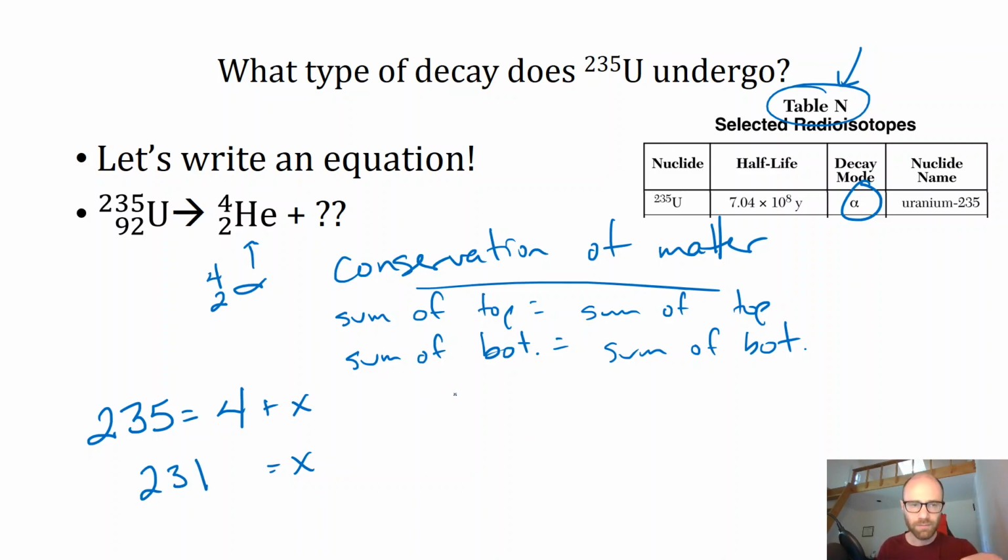In terms of the bottom numbers, the number of protons has to be conserved. So I know that we start with 92 with a particle of uranium, that's found in the periodic table. And if 2 are kicked out as the alpha particle leaves the nucleus, what we're left with is a particle that has 90 protons. So really, we have a particle with a mass of 231 and a charge of 90, and you look back at your periodic table, number 90, I believe,